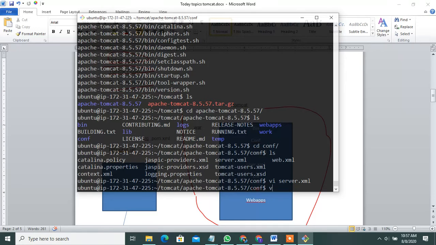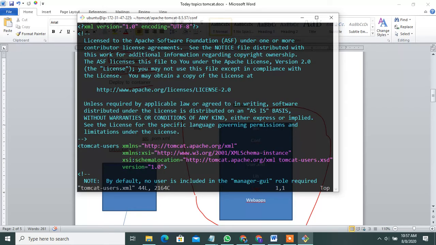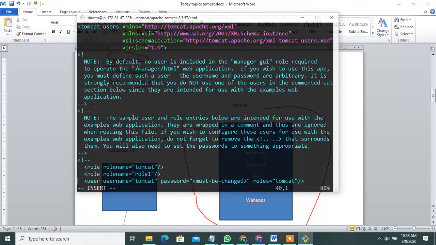Next, another one is vi tomcat-users.xml. See, in this file also add the users and roles.